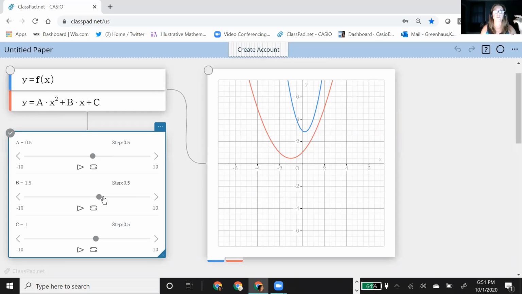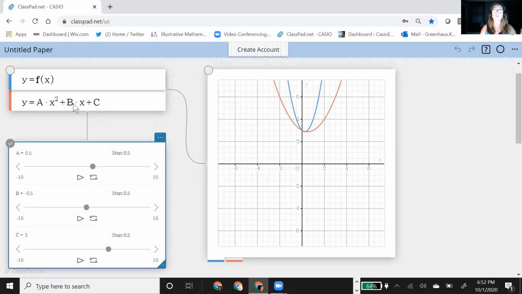And then they could ask, okay, what's this? Oh, this one kind of moves it. So maybe I want to have it there. And then what's this one do? This one moves it up. Ooh, I'm close. So they could be playing around with this, but at the same time, they're learning what each one of these coefficients is doing. That's a great way to have students figure out what these coefficients represent and how it works with the parabola without you having to tell them anything.